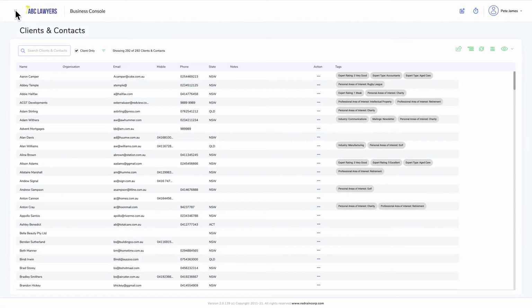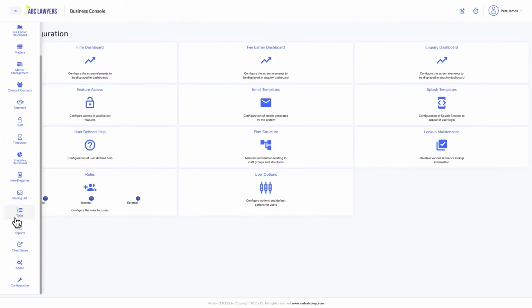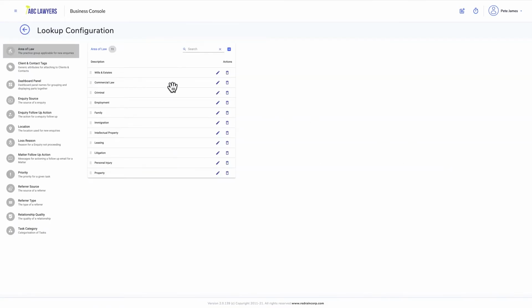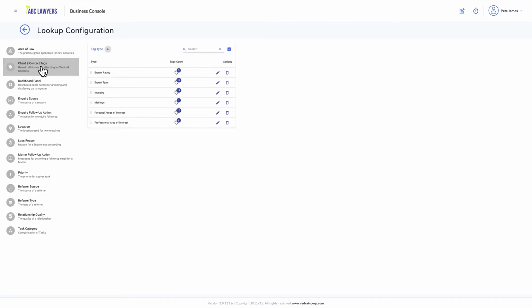You can do this by selecting Configuration from the main menu, then selecting Lookup Maintenance, and then clicking on the client and contact tags in the menu list. From here, you're able to create different types of tags to suit how you want to dissect and sort your